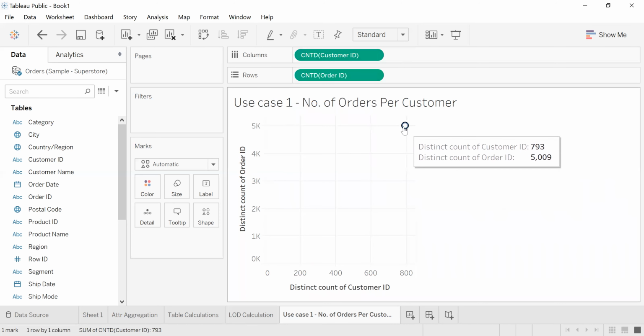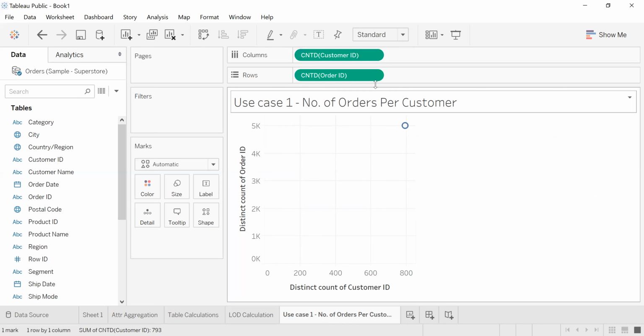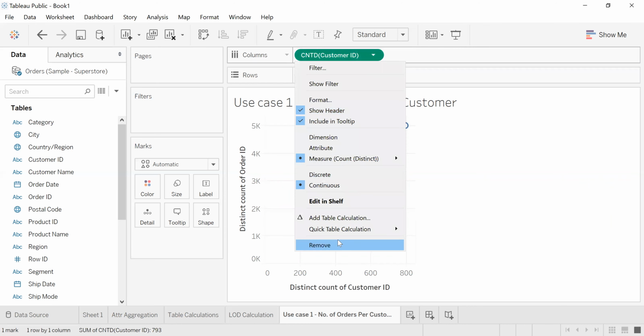If you see, it is showing the aggregate value. What it's showing is that the total number of orders done by all the customers till now is 5009, and the number of customers that I have is 793. This is also incorrect. It is showing the total value. It is not showing that there are 2 customers, 3 customers who made 4 orders or 5 orders. So this is also incorrect. So I can't do my aggregation with this. So let me aggregate that.